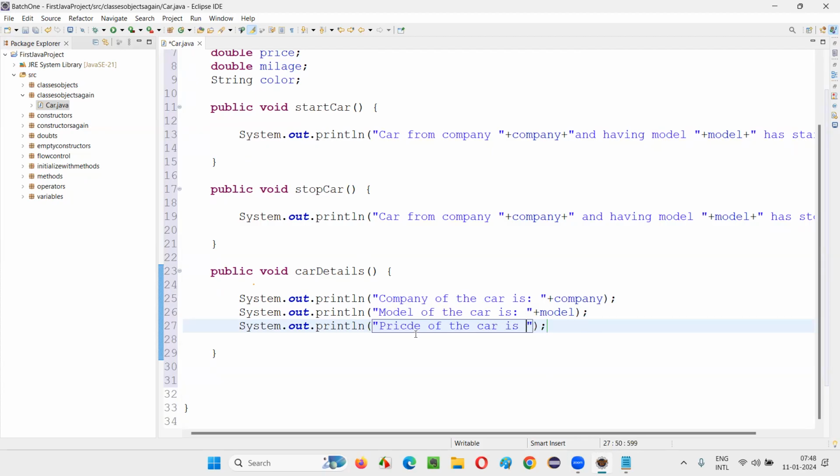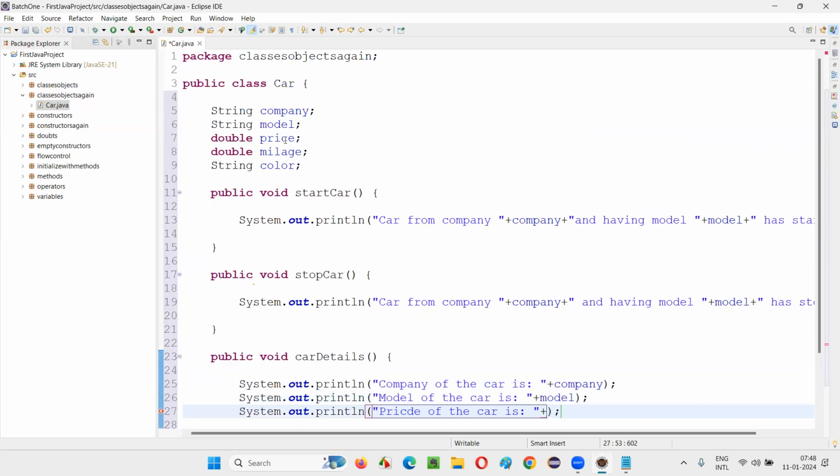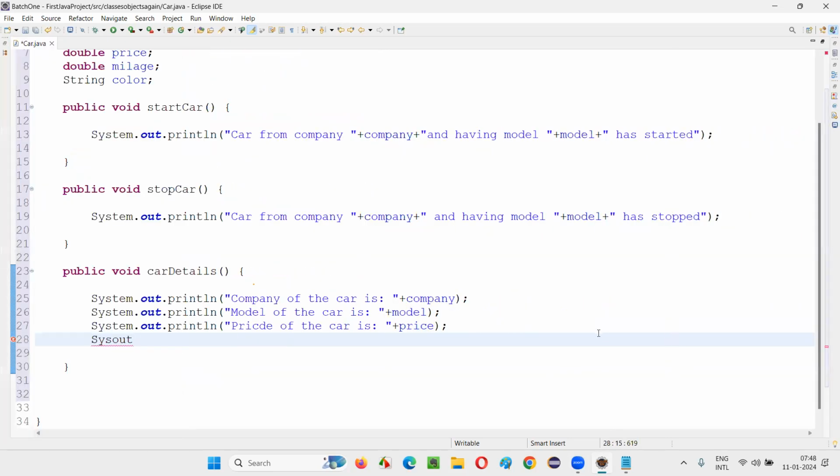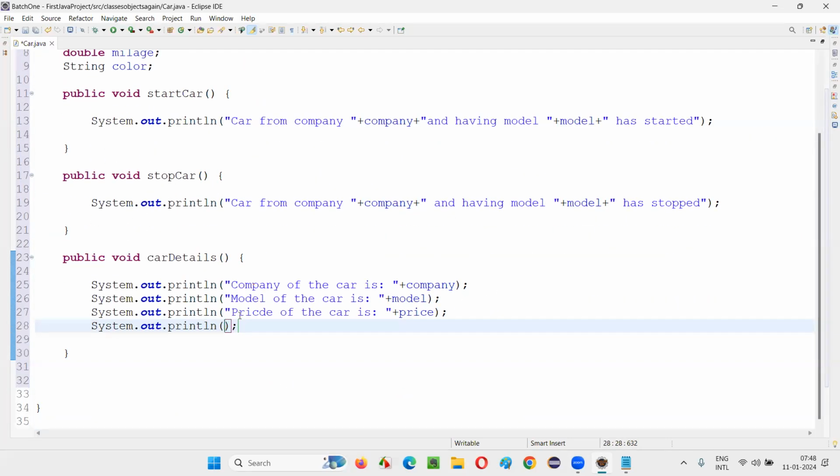Price of the car is plus price. Then mileage of the car is plus mileage.